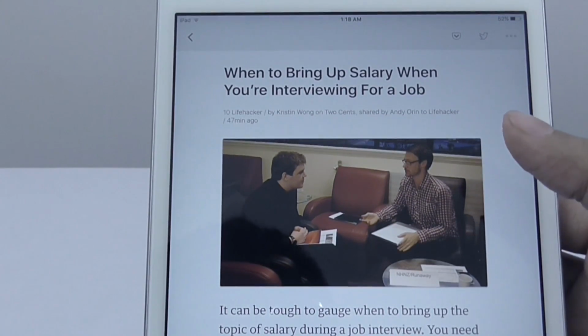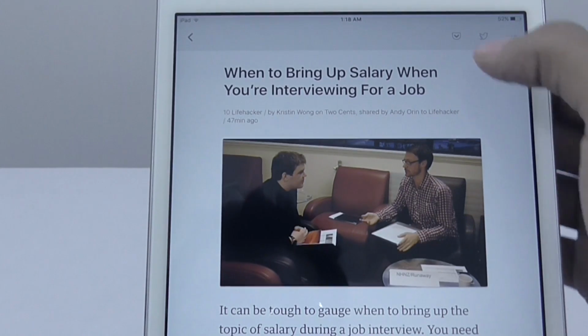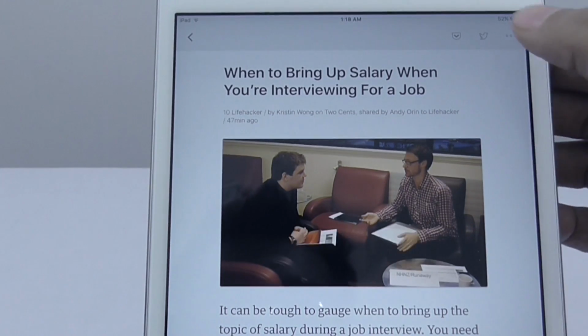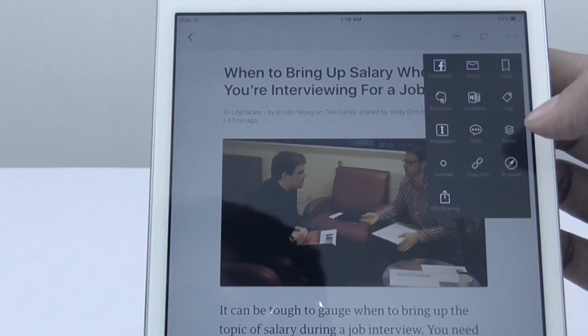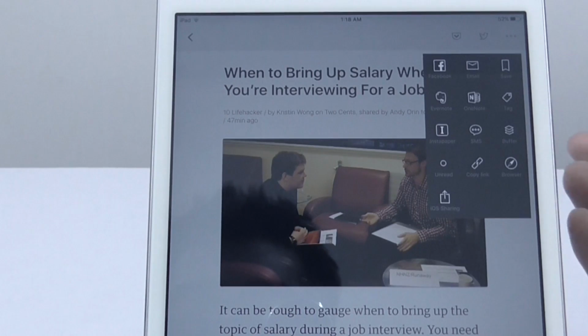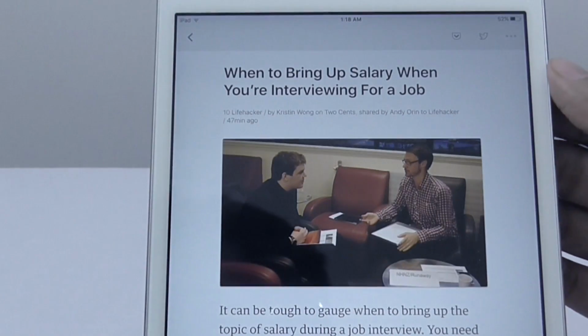Now, if you'd like to read this article later, then you have two options. You can either save it into your Pocket account or save it within the Feedly app. I like to go with Pocket just because it has some extra features which we will see in the next part of this video. However, there are some other features like saving to Evernote and searching within the post which are really important but require a premium subscription. But for the most part, the free version is sufficient.